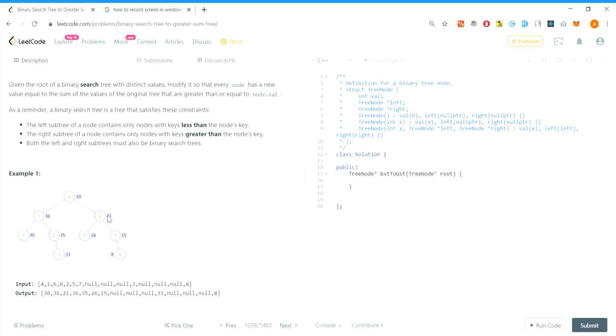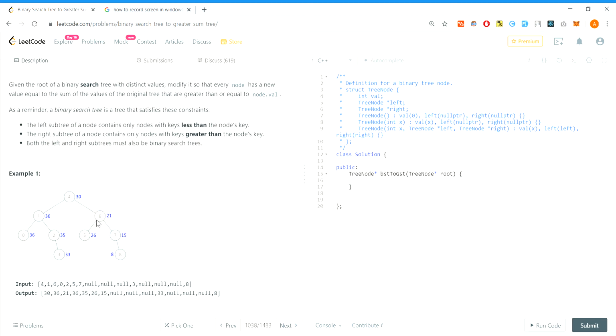So now here we can use the BST property, that is all the nodes on the right will have the value greater than the current node, right? So basically we have to find the sum of the node values having value greater than the current node.